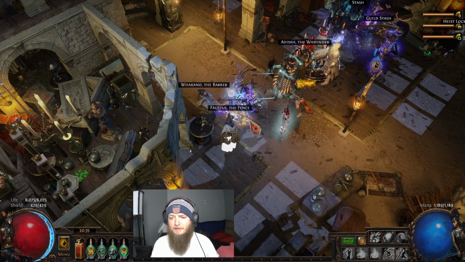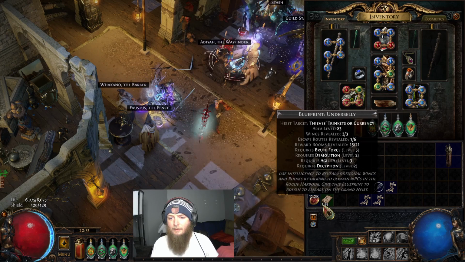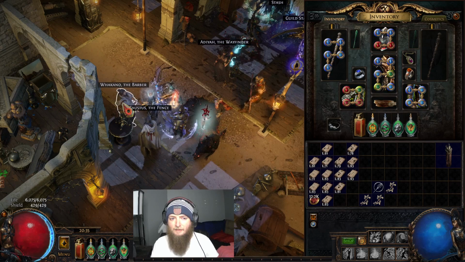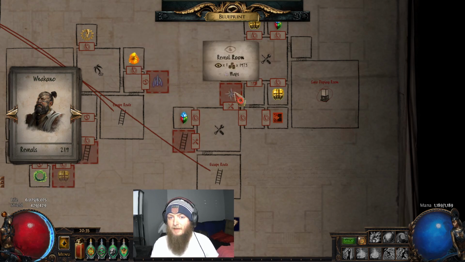Rogue markers. Let's see how much rogue markers cost, because I've spent a lot of them already, and I didn't open everything. So it looks like 350 rogue markers, I would say, is about what you'd be paying for 1 chaos. So 1 chaos gets 3,500, so 2 chaos gets 700. So this essence room is 6 chaos to reveal if you don't have enough rogue markers. This map room is like 5 chaos,